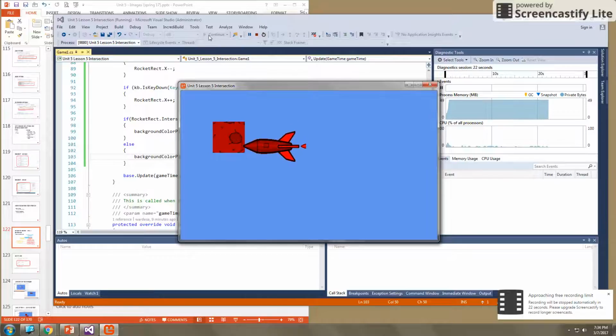What we will do in the next video is try and see if we can fix this issue right here, where I'm not quite intersecting, but because their rectangles are intersecting, their backgrounds are still red. So we're going to try fixing that in the next video, but hopefully you now have a basic understanding of how intersections